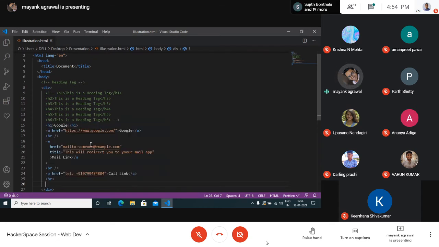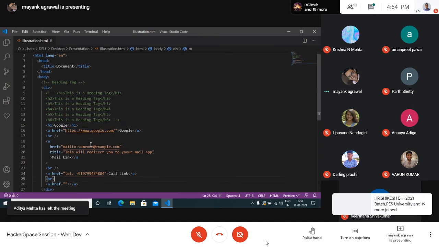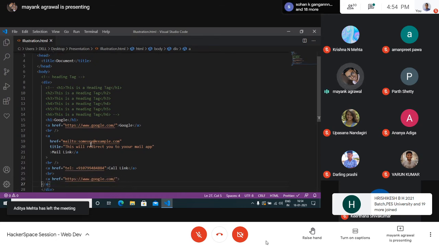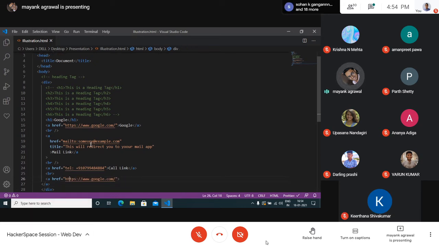Now I type the anchor tag, and again Google itself. Instead of typing text here, we'll simply add an image tag, because to add an image in an HTML file we use the img tag, and then we need a source.